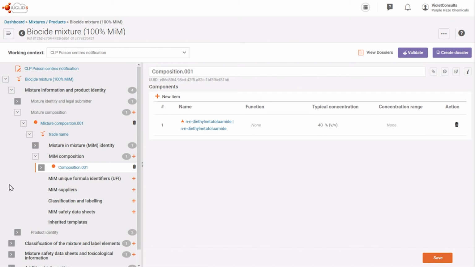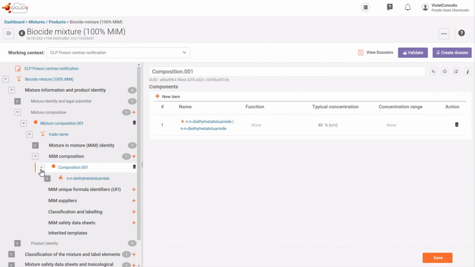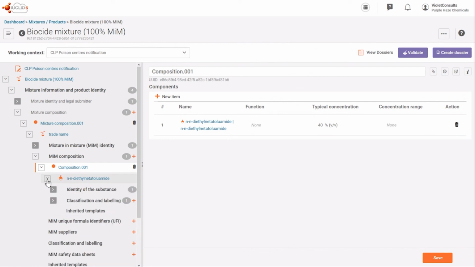So once I save that, I can go back to the table of contents and I can open up the composition and I can see that this substance has been added now. When I further open it up,